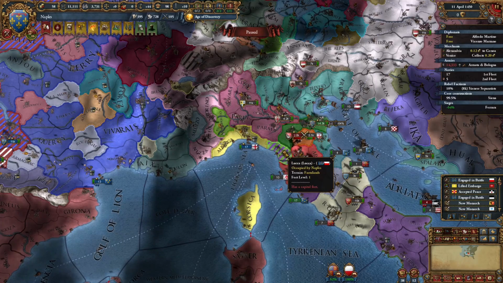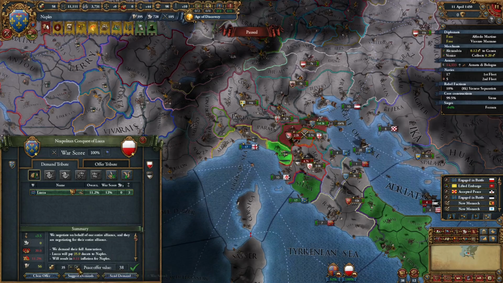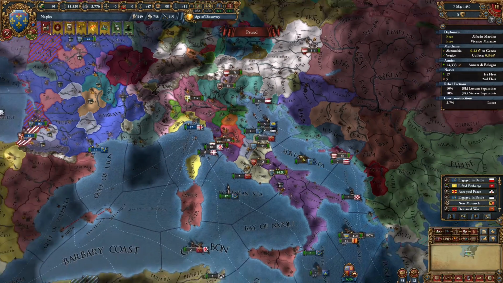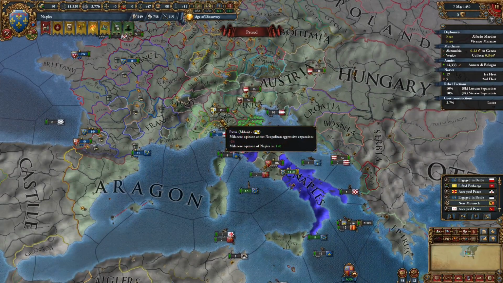And if, like me, for your second war, you were fighting Lucca, just go ahead and fully annex them. Take all of their money. That's it. After you take a few provinces in Italy, your aggressive expansion is going to start to tick up slightly,